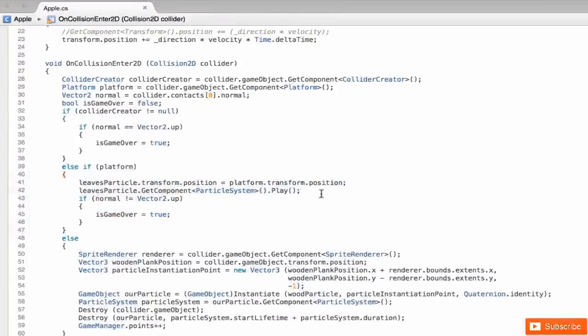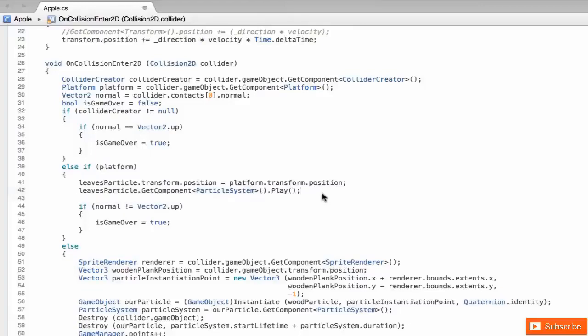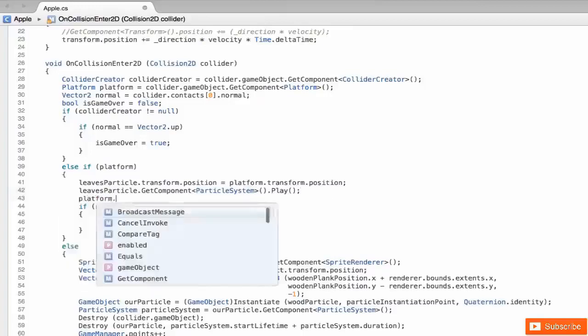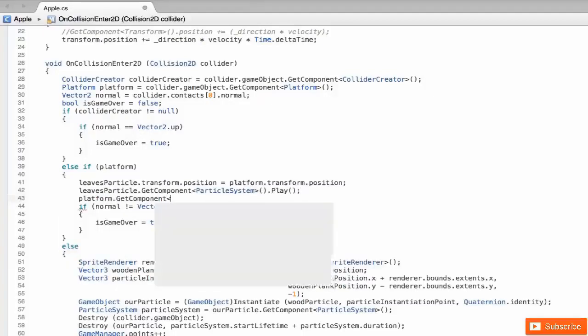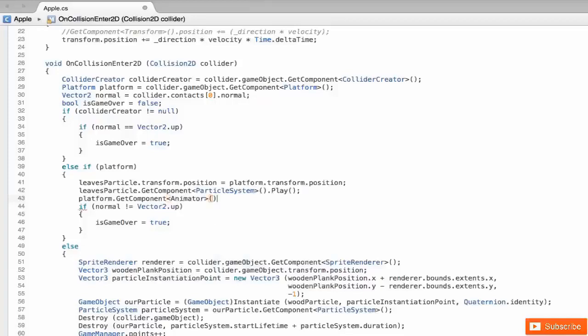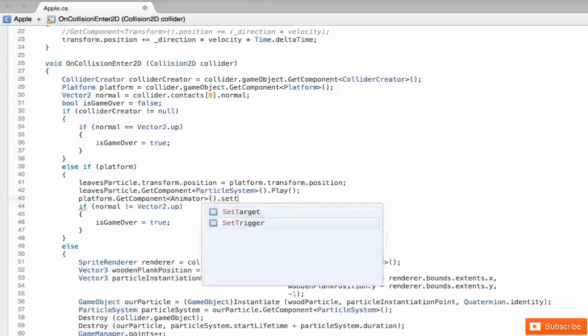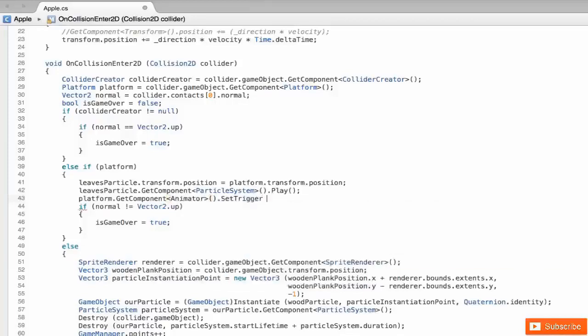I want to grab a component from the platform, and that component is the animator component, which is basically what drives the animation playing. So I'm going to go to platform. I'm going to get a component from the platform, which is the animator, and I'm going to say set trigger. And this is basically going to set the trigger to true. So it's going to enable that animation to be played. And the trigger name is